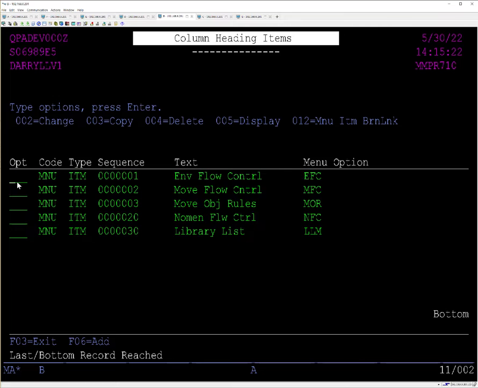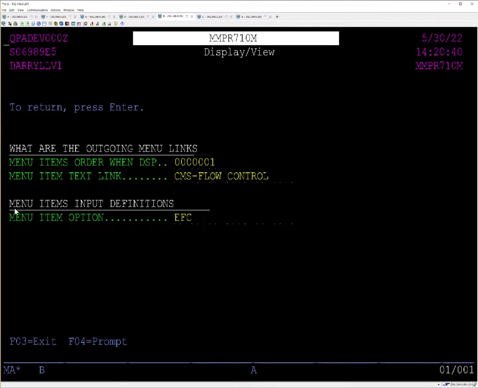If we display this, we'll see it basically just has the sequence number, the text link that you want to show, and then the menu item. The text link isn't really what you're going to see. You're not going to see this string. This is just referring to another reference point which has definitions behind it, to basically show the value behind this